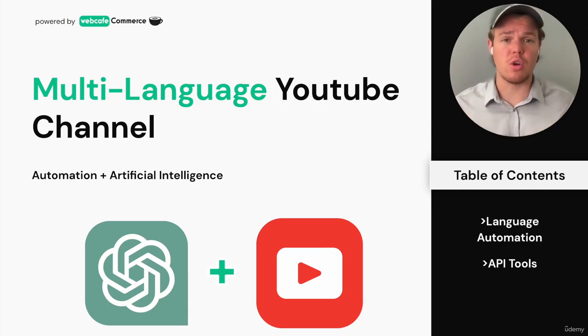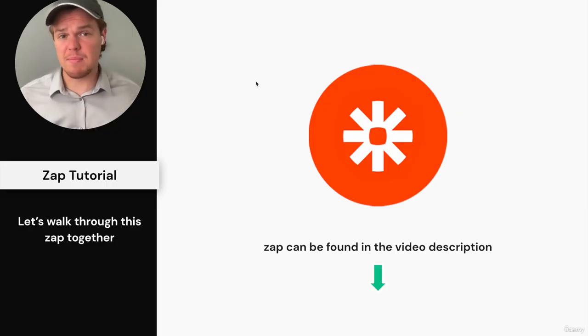We're going to essentially show you here today how to take any of the content you produce and generate it in any type of language such as German, Spanish, Korean, and so on. This can be a powerful tool because maybe you want to launch multiple YouTube channels on the same niche, but provide it in different languages, therefore having a broader reach on the audience that you can gather and get subscribed to. As always, you can find these zaps down below, but we're going to be jumping through how to do